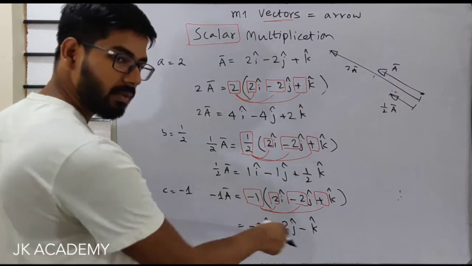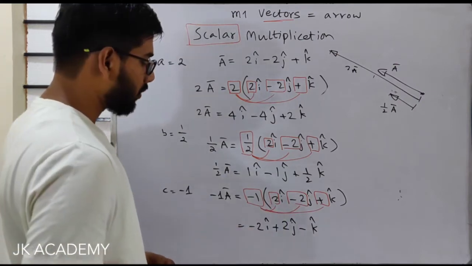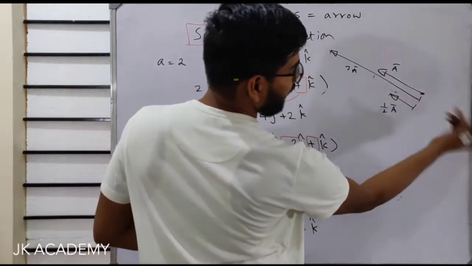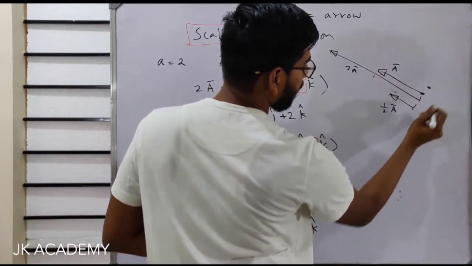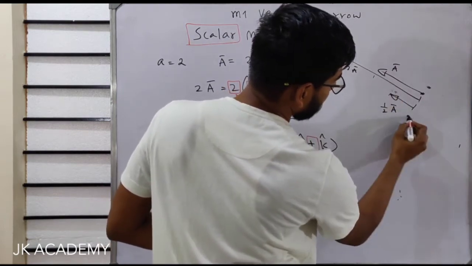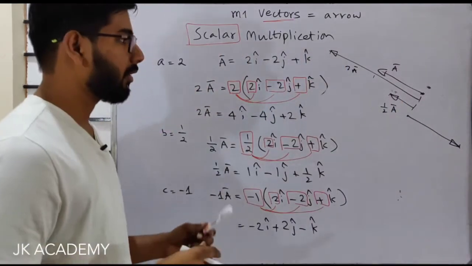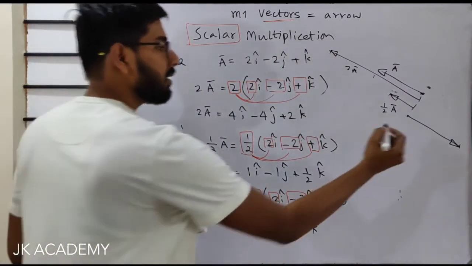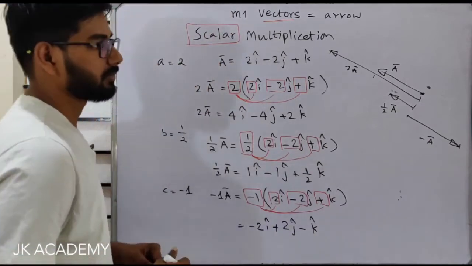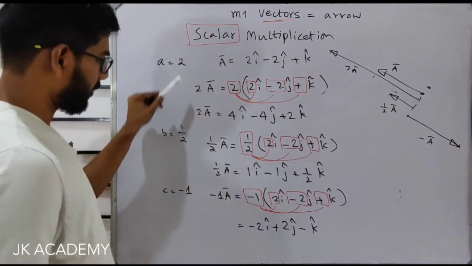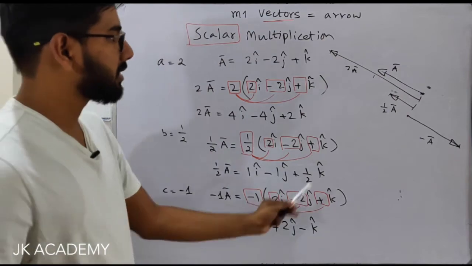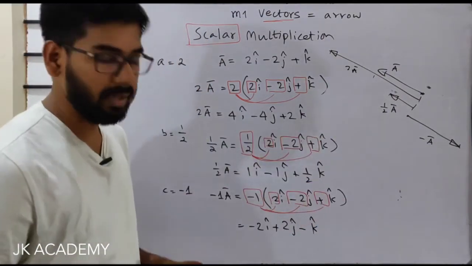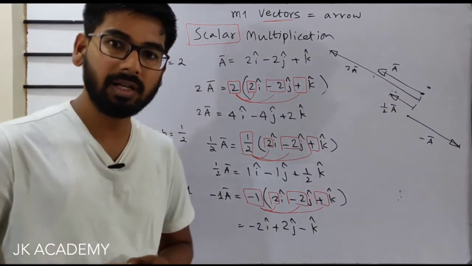This is my minus 1 a bar. So what happens to the arrow? The arrow is now flipped. It will be from this point, exact distance opposite. It's pointing opposite. The direction changed by 180 degrees, but the size, the length, remains the same. This is my minus a bar. You got it right. You can multiply scalars in this fashion one at a time, and it changes the length of the arrow and changes the direction only when you multiply by minus. Okay, that's it about scalar multiplication.